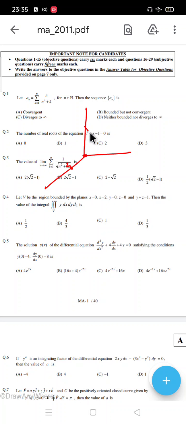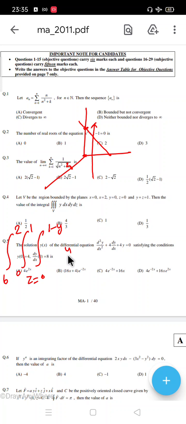So y plus z equal to 1 means what? This will be a plane actually, this plane. Okay, then the value of the integral, see, you need to enter along a ray here and it will exit outside. So z will be from 0 to, what will be z, 1 minus y, correct? Now for y, the upper limit will be 0 to 1, and for x it will be 0 to 2. Perfect. And the integrand is y.